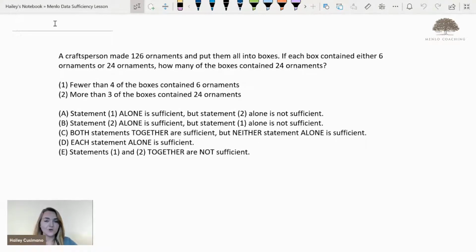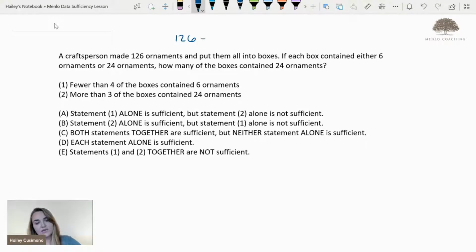Because you may have noticed, or hopefully you noticed, that I'm recycling from a takeaway that we looked at in that very first example. And that was that when numbers tend to work nicely together, it's probably not an accident, right? We're probably being asked to recognize why that's the case and to be able to recognize how to apply the math in its simplest form. So if I were to set up the algebra for this question, where we have 126 total ornaments, well, that